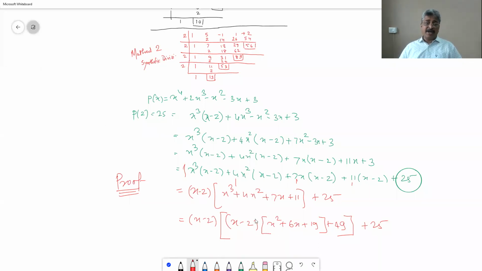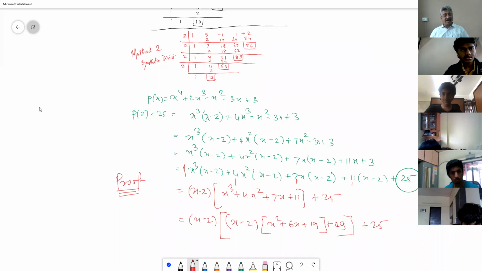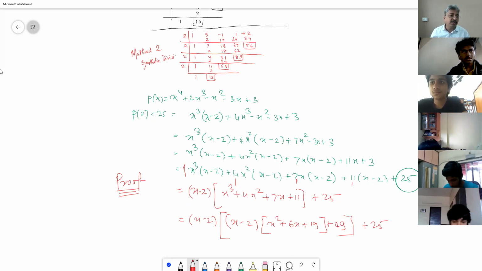Okay, now why should I do this when you are so old? I taught you polynomials when you were young. Why should I do this when you are 2 years older than when you were in 9th standard? I have to do this today because I taught you differential calculus recently. So there will be one more method by which we can get these coefficients in differential calculus way. Let us look at it.